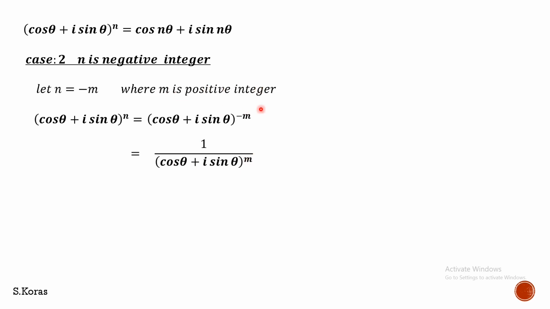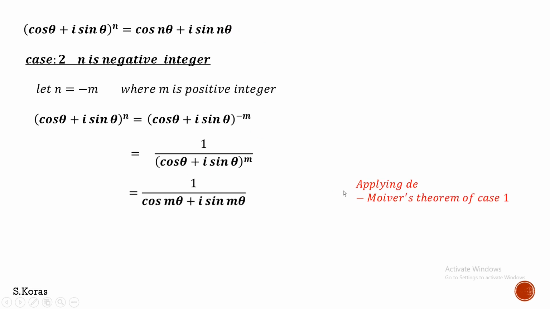So we can apply this formula because (cos theta plus i sin theta) the whole power n is equal to cos n theta plus i sin n theta. We have proved it for a positive integer. Since this is a positive integer, now we can apply this formula. So we can make this 1 by cos m theta plus i sin m theta. As this states, this power can enter inside like this. So we have made it.